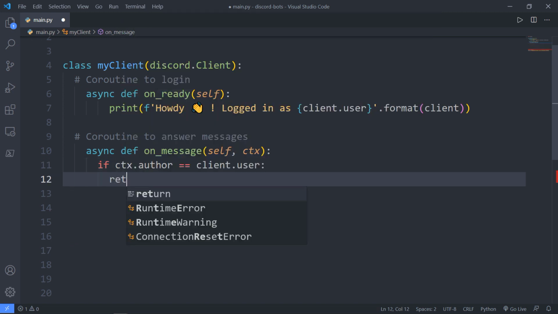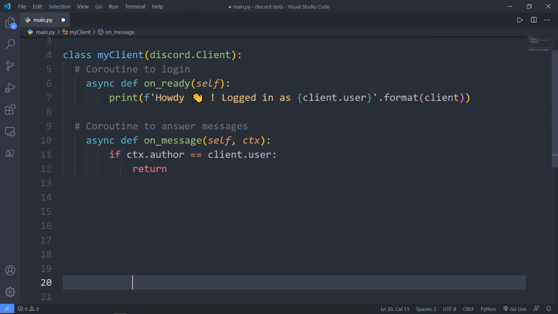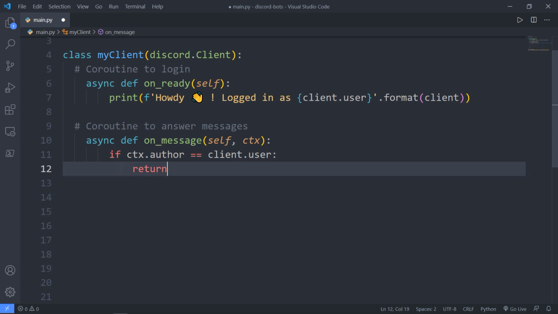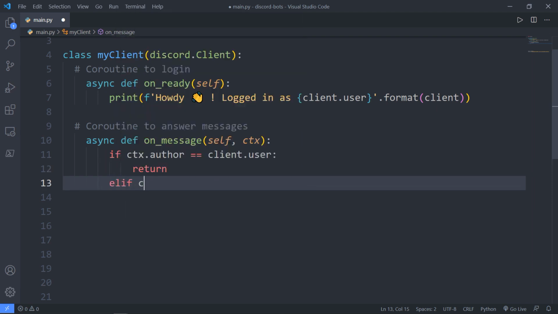We don't want to do anything. We want just to return. If the owner is the sender of this message, if the server owner, which is you, is the same as the author of this message, we'll just return nothing. Elif